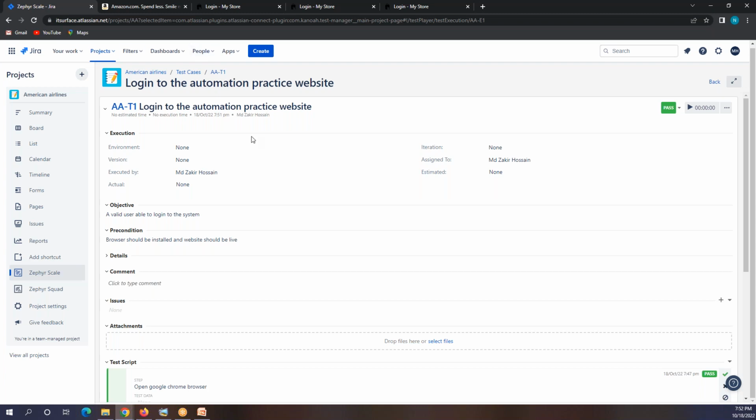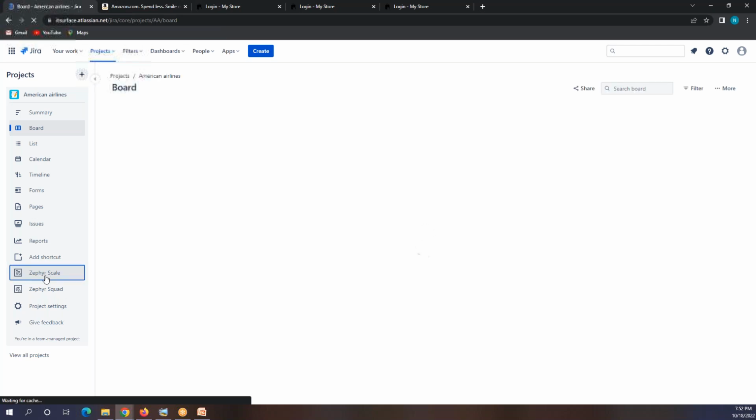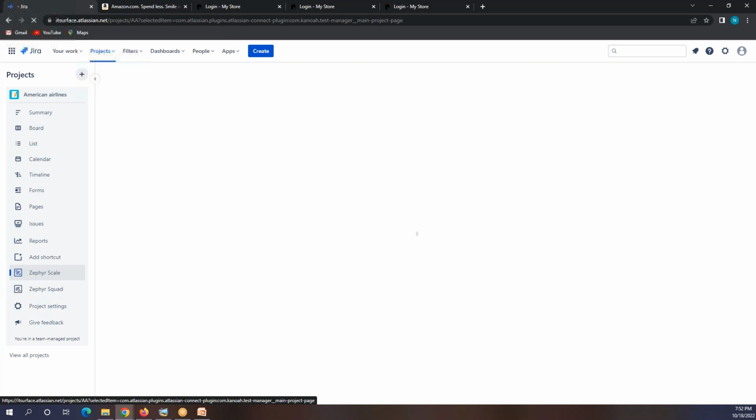Go to this project page, American Airlines. Then go here in Zephyr Scale. Once you click on this one, Zephyr Scale, it will show all the test cases that are written under this project.